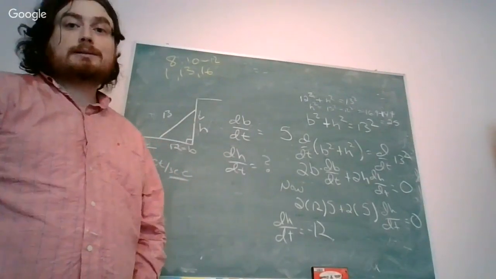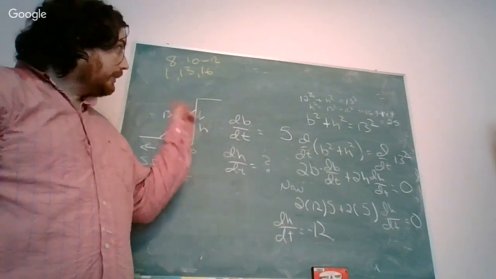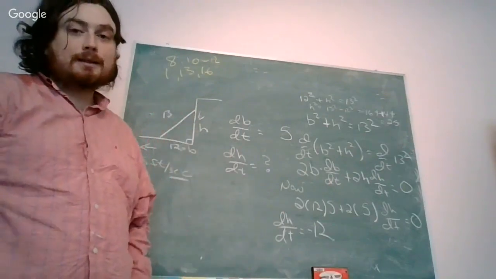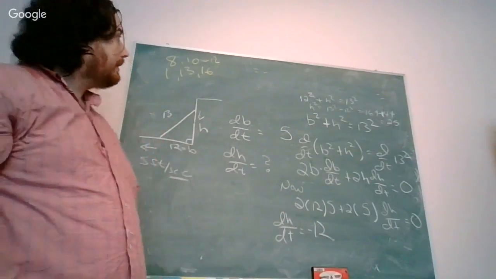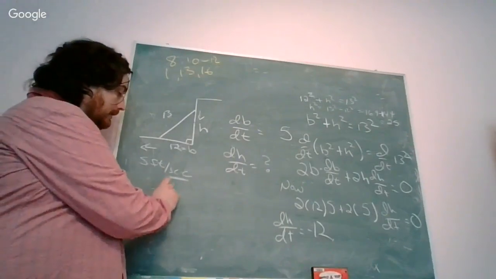What we need to do is find the solution to the original problem, which asked how fast is the top of the ladder falling. So how fast is the top of the ladder falling? Well, the top of the ladder is falling at